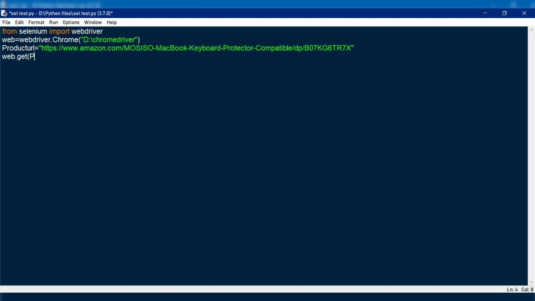Inside the brackets you need to pass the variable that you created, that is product URL. This will get the product site and you need to find the element. You can follow any approach to find the elements. Here I just follow the XPath approach.